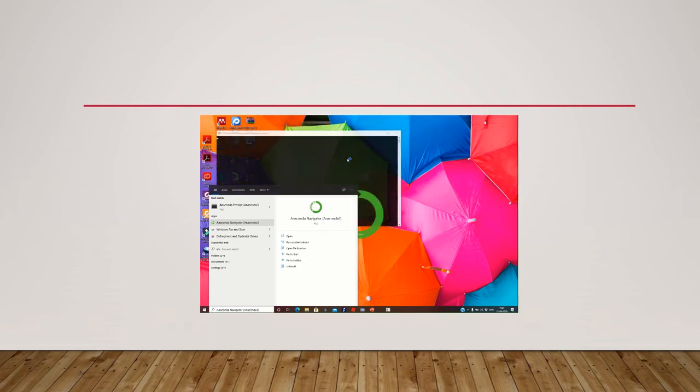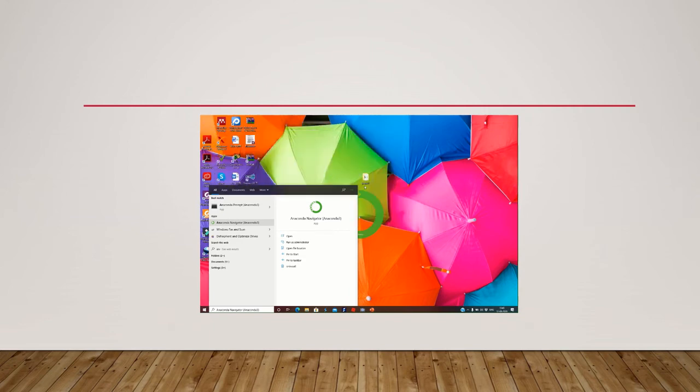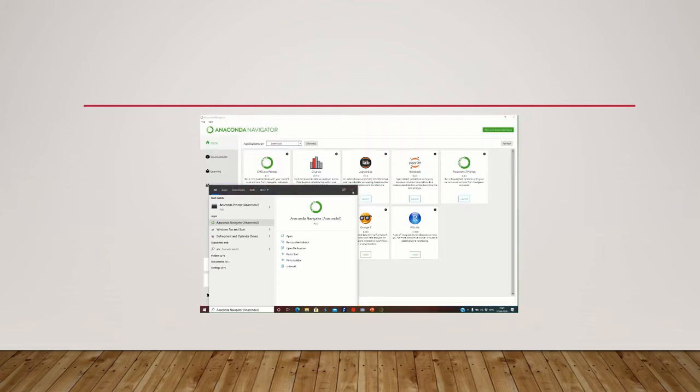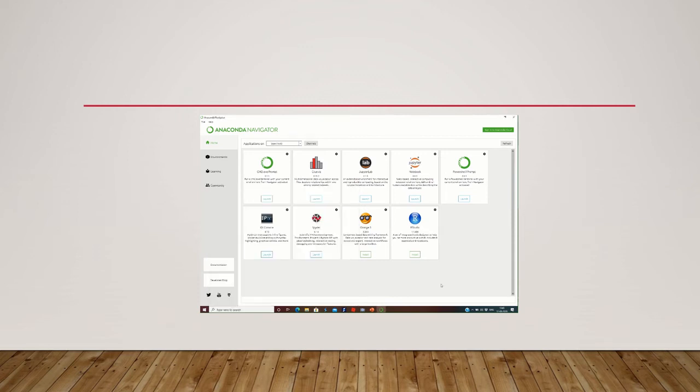So from here you can see it's a GUI environment. So you can see what all applications have been installed through Anaconda. So these are the installed software in the Anaconda platform, and here is the Jupyter Notebook.